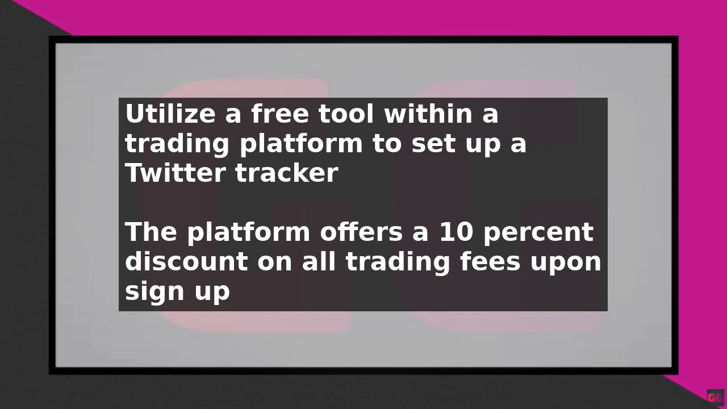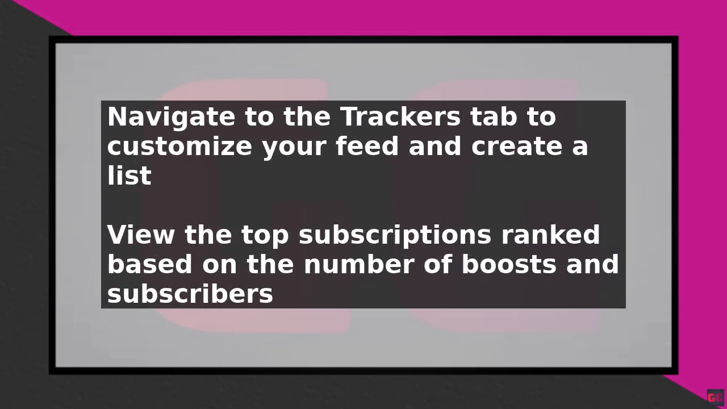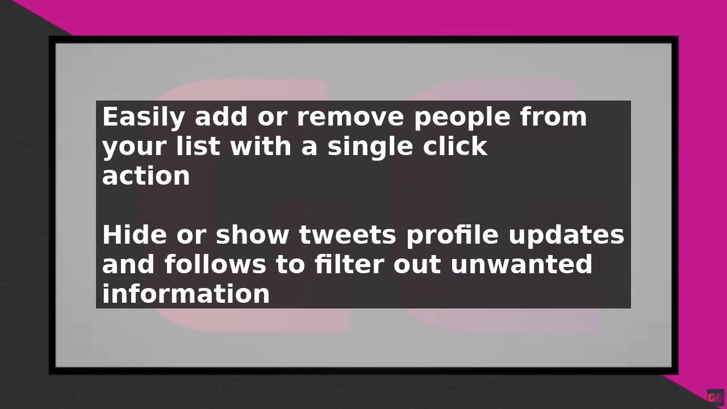Once you have an account set up, navigate to the Trackers tab, where you can customize your feed. This is where you can create and manage your list of tracked individuals, as well as view the top subscriptions, which are ranked based on the number of boosts and subscribers they have. Boosts are earned by trading Solana, with 1 boost per Solana traded, and can be used to elevate the ranking of your preferred trackers. You can easily add people to your list by clicking the plus button and remove them